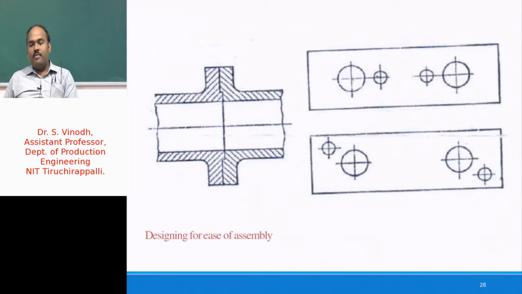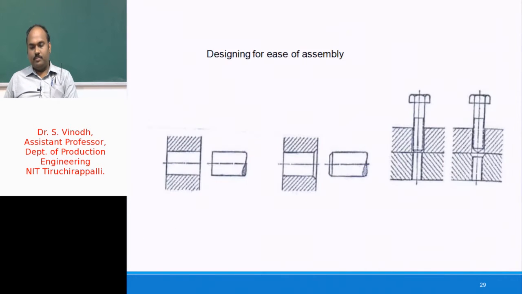The one which is being shown on the top, you could see that the small circles represent the dowel pins. If the dowel pins are being provided as shown on the top, it is very difficult to ensure the alignment of the parts. The same has been remedied on the bottom, where the dowel pins are being provided across the diagonal, thereby the exact alignment and assemblability of the parts could be ensured.